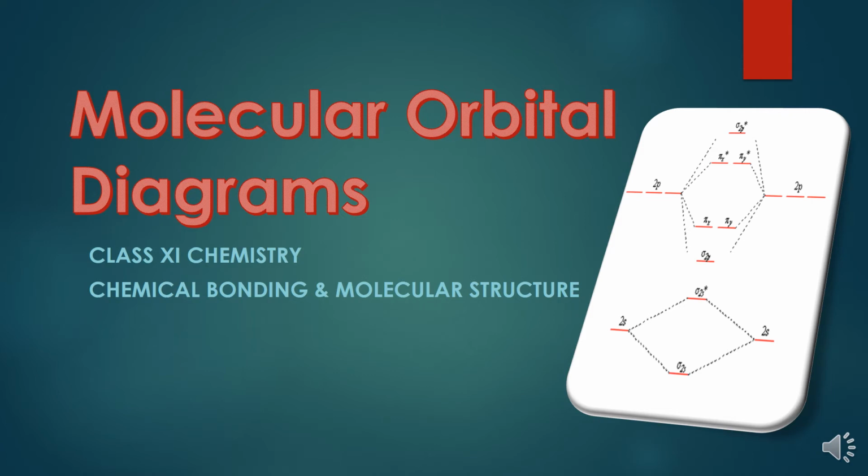Good morning, students. We have discussed molecular orbital theory, and a very important part of molecular orbital theory is to know how to draw molecular orbital diagrams. So let us see how to draw diagrams for various diatomic molecules and how to write their electronic configuration and to find their bond order as well as magnetic character, which are the important applications of molecular orbital theory.